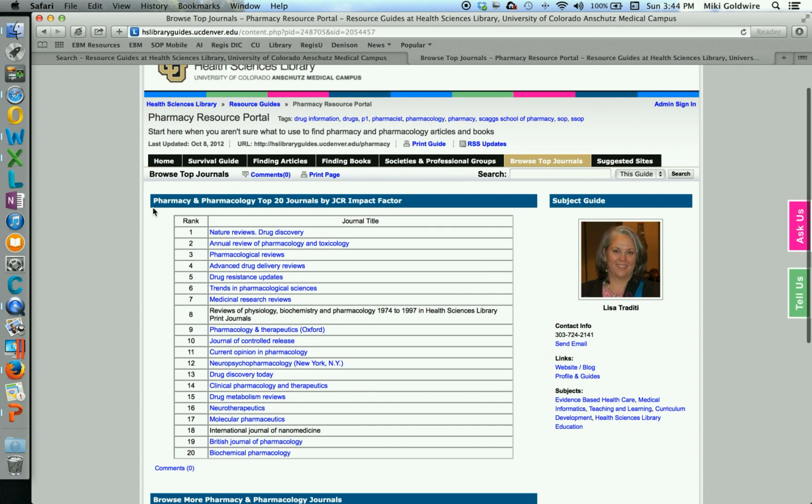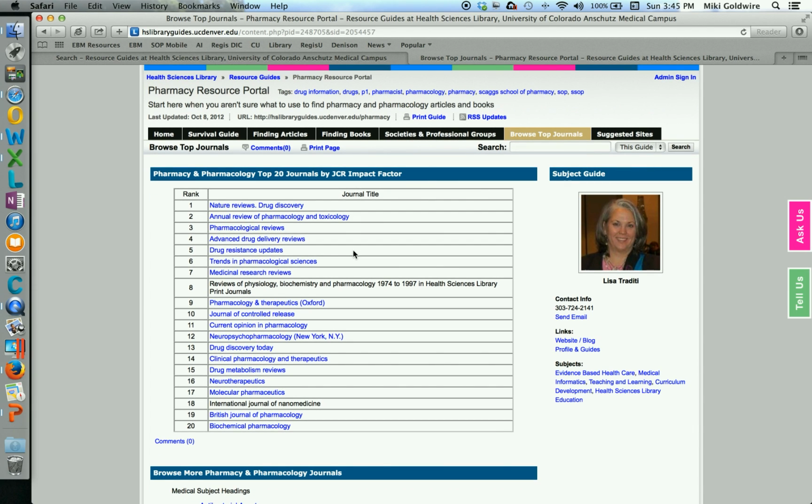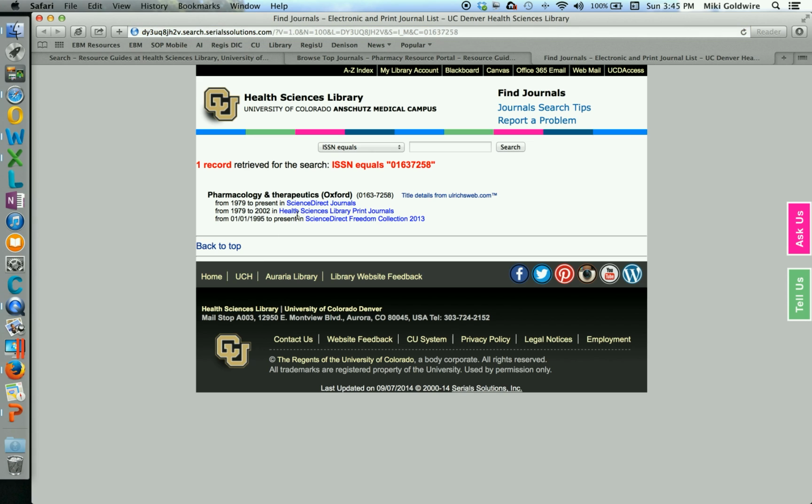So these are the top pharmacy and pharmacology journals by the JCR impact factor. So as you can see, the number 1 journal is Nature Reviews Drug Discovery. And then we have Annual Review of Pharmacology and Toxicology. So maybe we just want to browse through Pharmacology and Therapeutics. So I would just click on that title, and it brings me to the library, and I